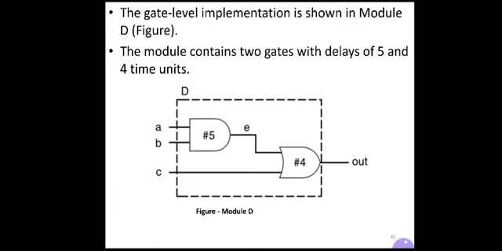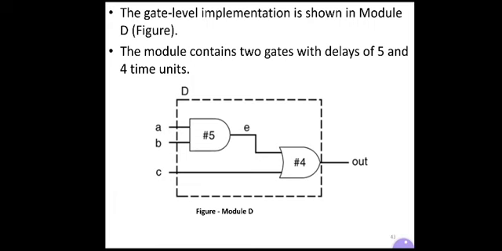So this is the logic circuit diagram for that expression. Out is the output port, A, B and C are the input ports. A and B are connected with the AND gate and it has a delay value 5 that is written within the symbol. Then we have an OR gate.